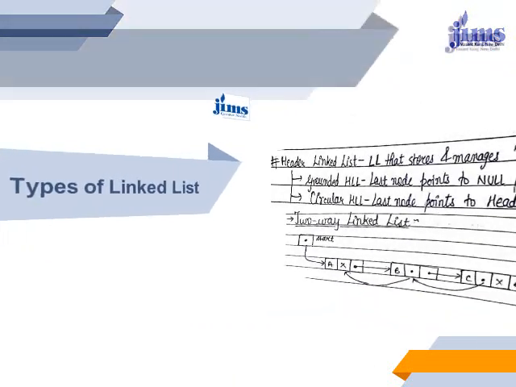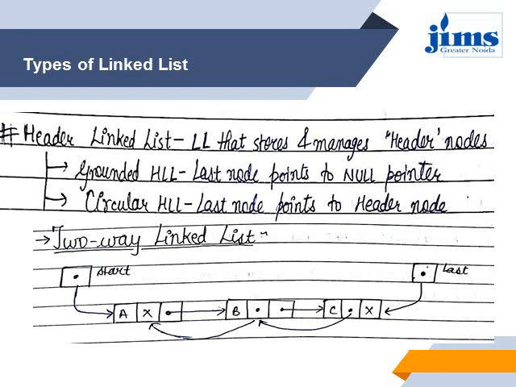Apart from this is the header linked list, which shows and manages the header node. Now, what is a header node? Suppose in my linked list I store different numbers, say 12, 42, 35, 67, 95. Will it make any sense what kind of information my linked list is holding? No. So I need to provide the user or the viewer some information about what kind of information my list is holding. The header node is the very first node, which contains the information about the kind of data or the purpose of creating this linked list.